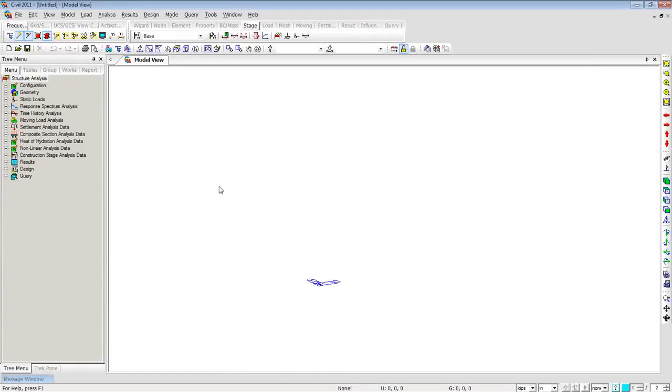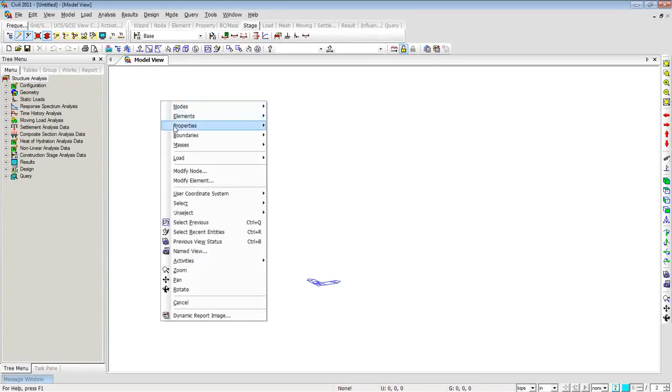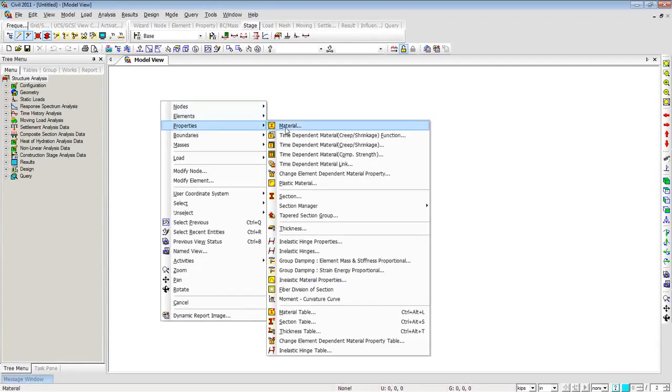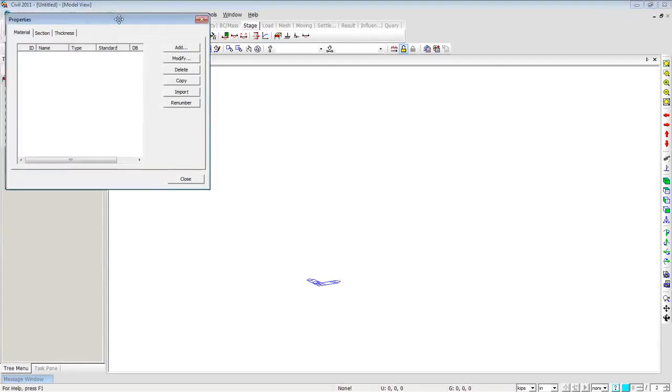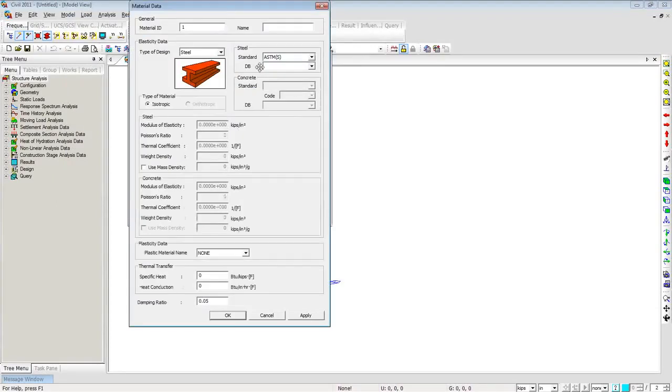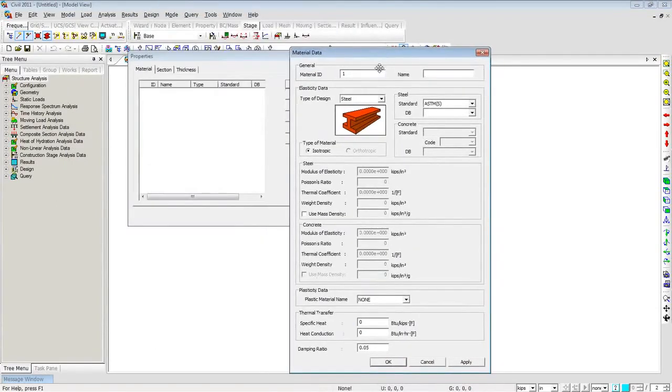So I'll open the software, and this is how the blank Midas Civil window looks like, and I'll start by defining some material properties. So I'll just right click on the model view window, go to properties and select material, and the material I'll click add, and I'll select concrete material,